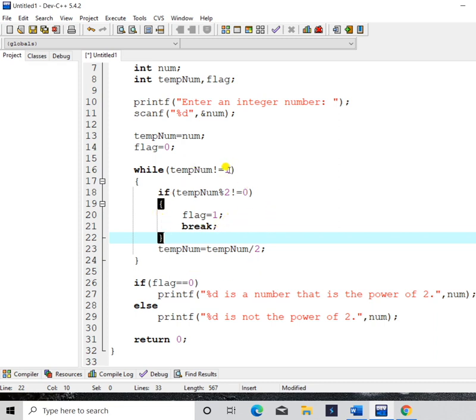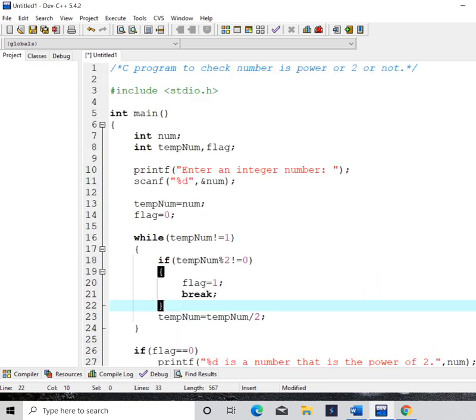So there's no case of coming to flag equals to 1. So absolutely here the flag equals to 0. Then it will print that %d is the number that is the power of 2. So 16 is the power of 2. Okay, I think it is a little bit complicated method.